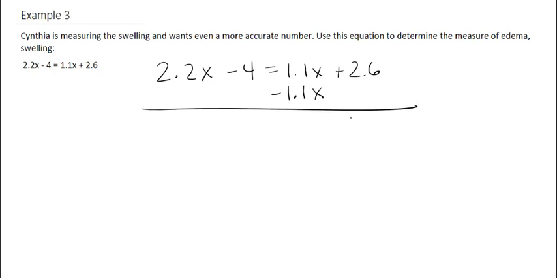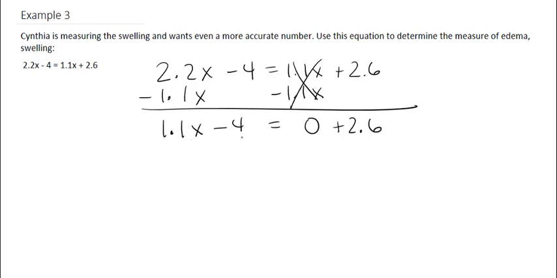So we're going to subtract on both sides the 1.1x. On this side, this becomes 0 plus 2.6. Now we have 2.2 minus 1.1. So this is equal to